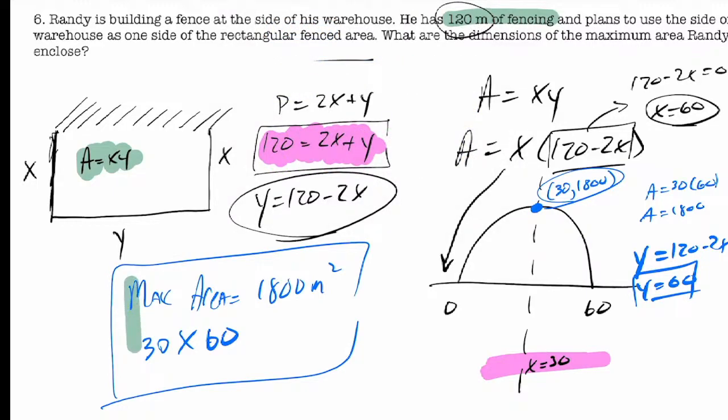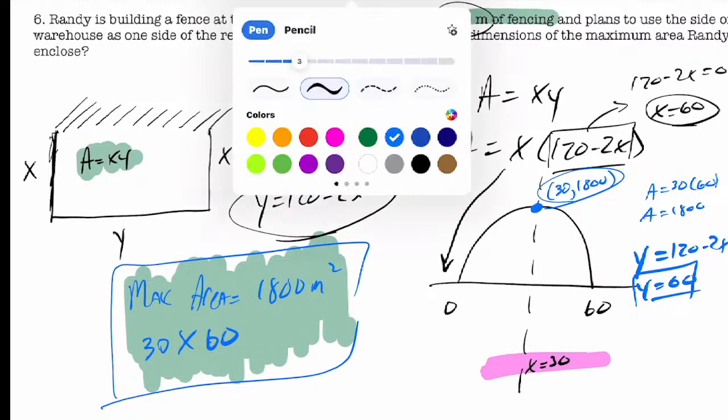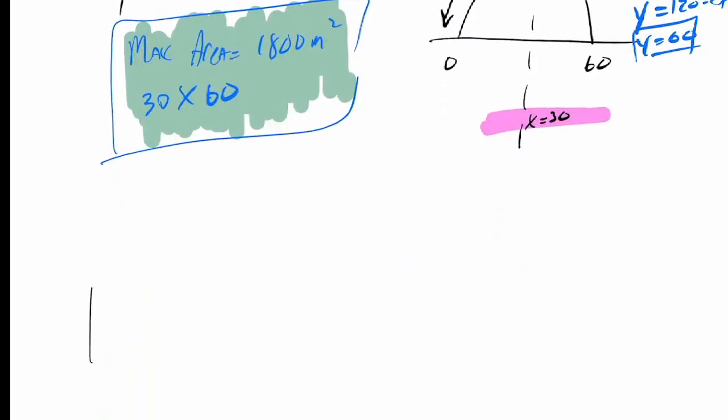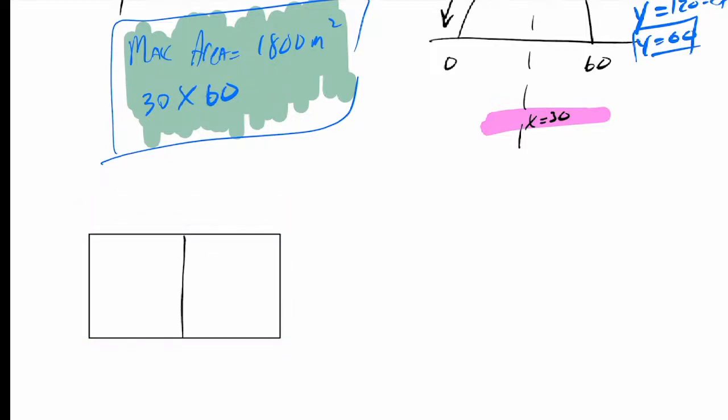So there's a fencing one. Be able to answer the fencing questions. I'm sure you'll see some fencing word problem on the exam. And there are different permutations of this. Like we had versions where you split it down the middle and there's two rectangles, or with a side missing,